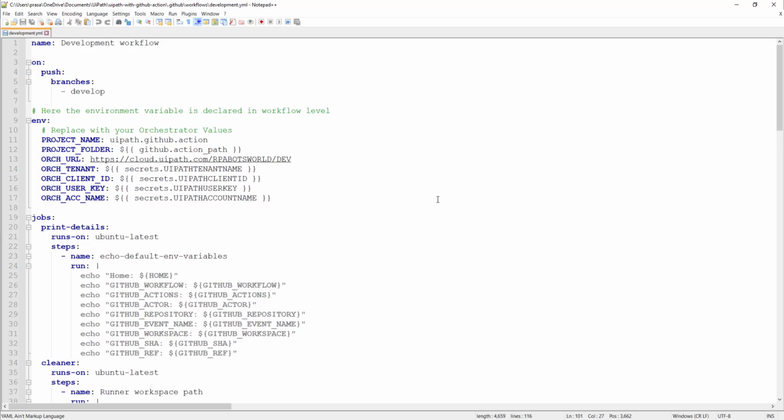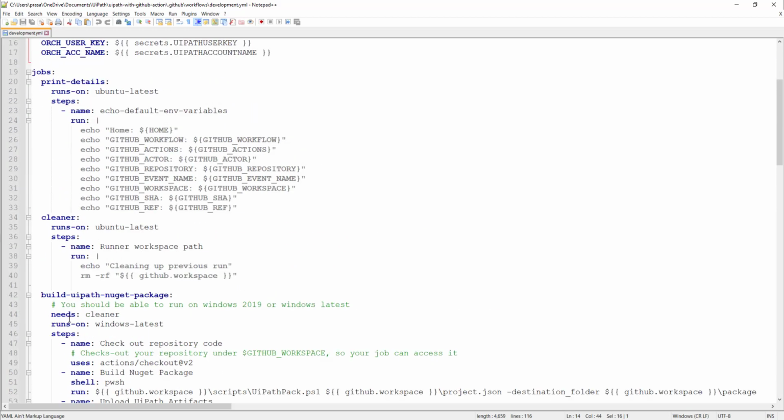In the previous video, where I was explaining the basics of GitHub Actions, I explained how you should be able to define these secrets. So these secrets are stored there. The name of the secret should exactly match, right? So we are getting these values from the secrets of GitHub Actions, and we are storing them here so that they can be used inside all the jobs, right?